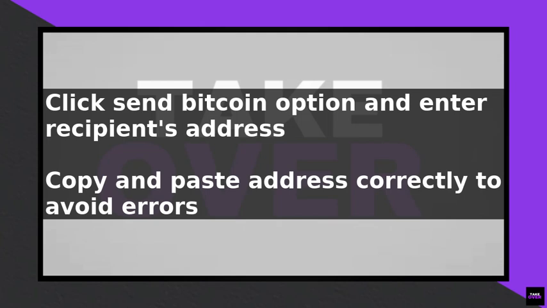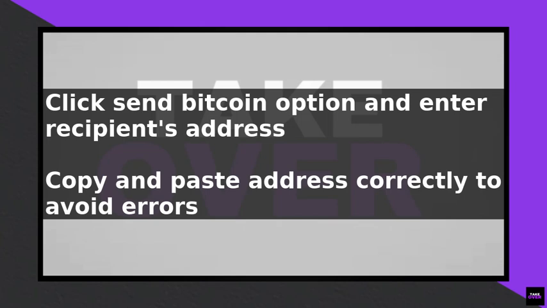After entering the recipient's Bitcoin address, you will need to specify the amount of Bitcoin you want to send. You can choose to send a specific amount of Bitcoin or the equivalent of a certain amount of Philippine pesos. Be sure to check the current Bitcoin exchange rate before making the transaction to ensure you are sending the correct